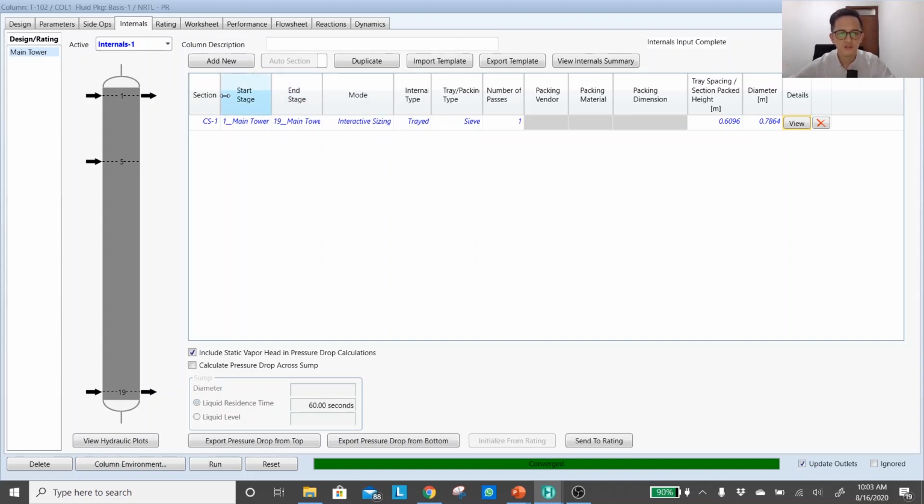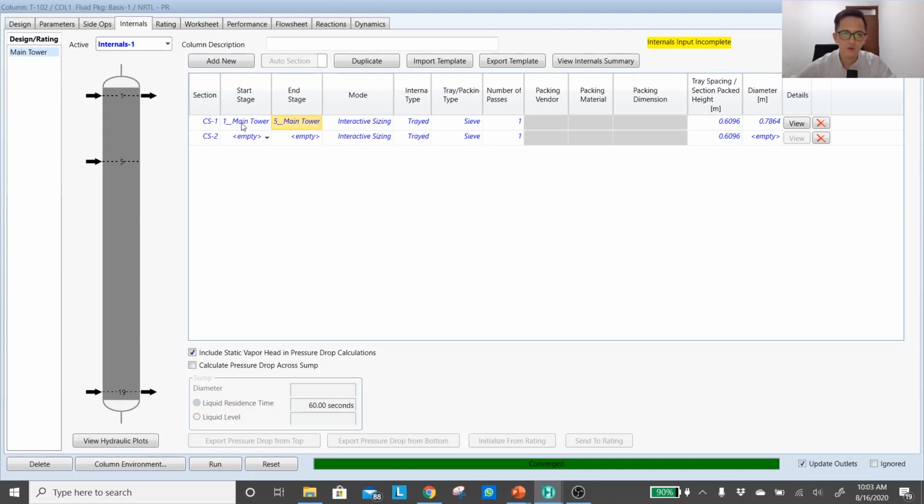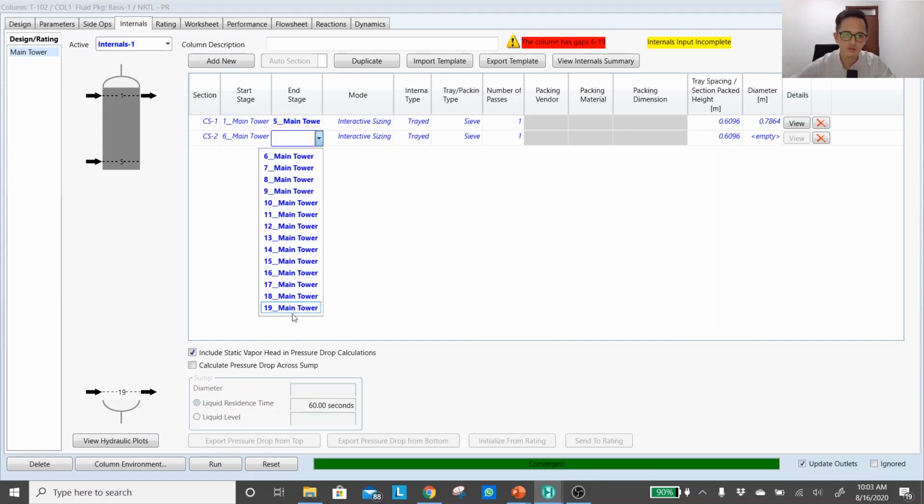Okay, the other option is you can increase the sections of the distillation unit. Okay, so this is still one section. If I add two sections, for example, now I can manipulate the size of the diameter. Okay, from 1 to 5 and from 6 to 19.